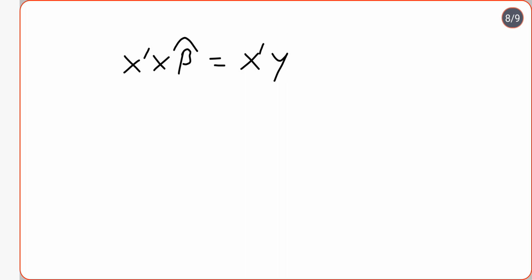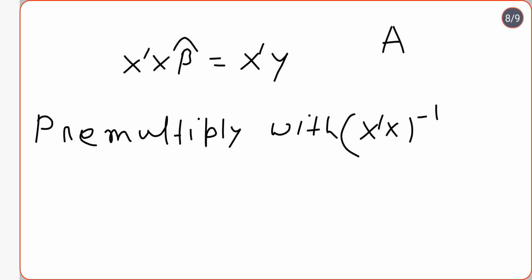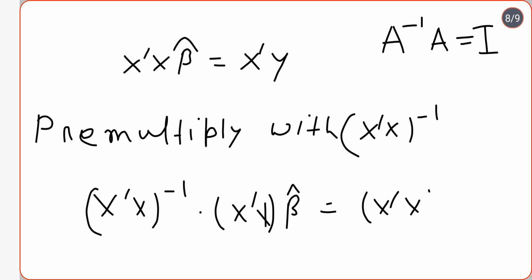So what will we do? We will pre-multiply the equation with x prime x inverse. Why are we doing it? Let me tell you. The motive behind doing it is that A inverse A is nothing but the identity matrix I. So if I pre-multiply with x prime x inverse, it becomes x prime x inverse x prime x beta hat equals x prime x inverse